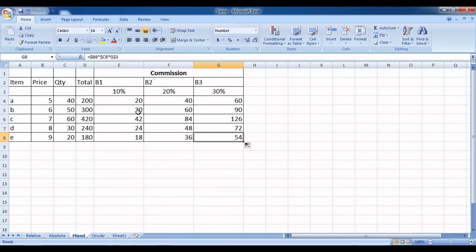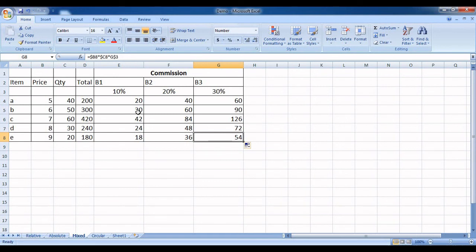What does mixed cell reference mean? Mixed cell references are quite trickier than absolute and relative. Absolute and relative are quite direct cell references. But with mixed cell reference, you will have to understand what happens if you drag any formula column wise, and what will be updated if you drag any formula row wise, horizontally and vertically.